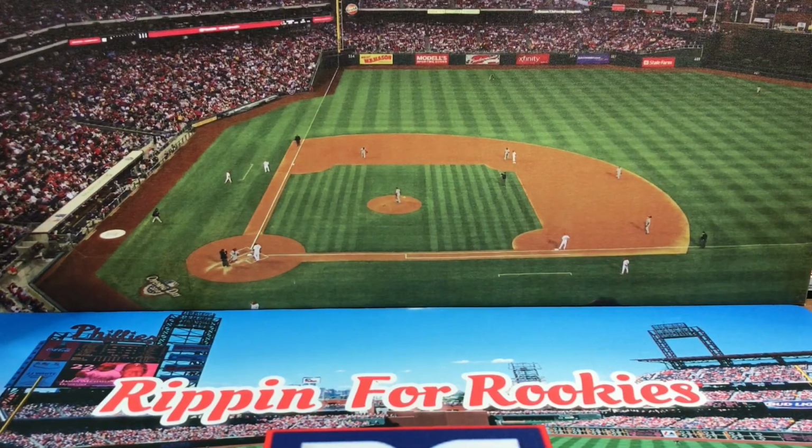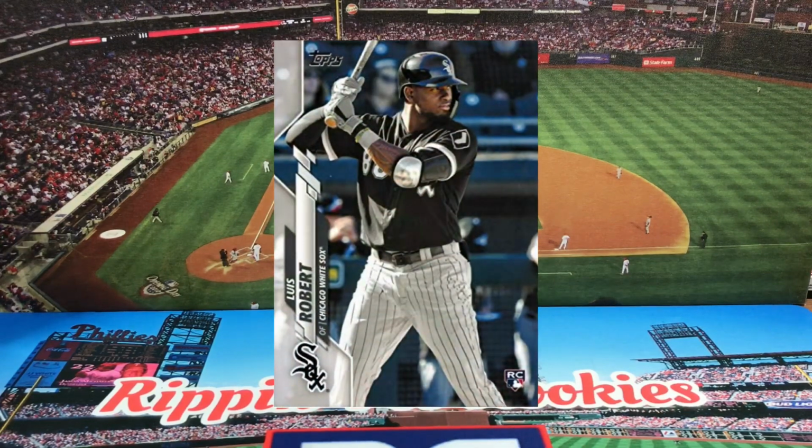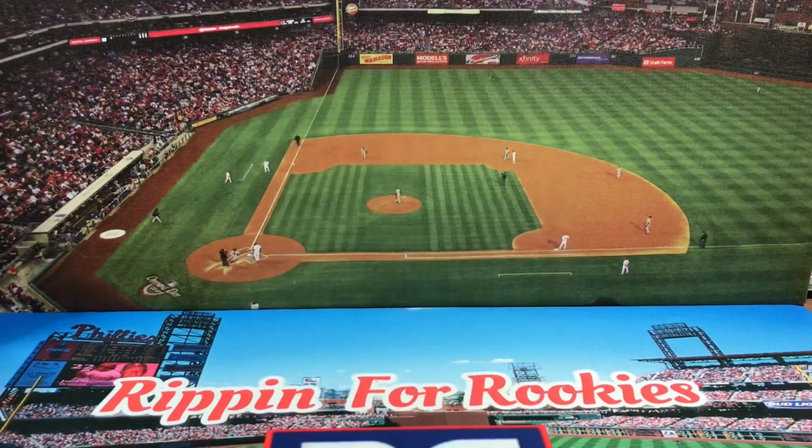Then Topps Series 2 came out, and it was a very weak release, and that was because of the pandemic. Baseball was not played, so there was a lot of speculation on who was going to be the next players that were going to be put in there. Well, they did put one player in there. They put Luis Robert in there, and he was pretty much the chase card. But as it turns out, 3 years later, there were a couple other good rookies in there that actually made